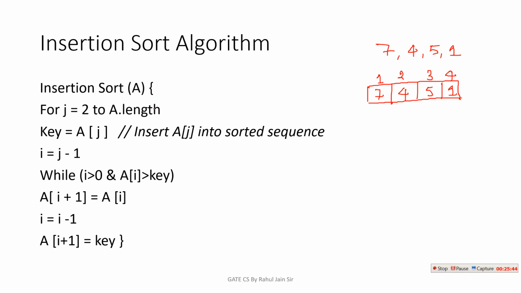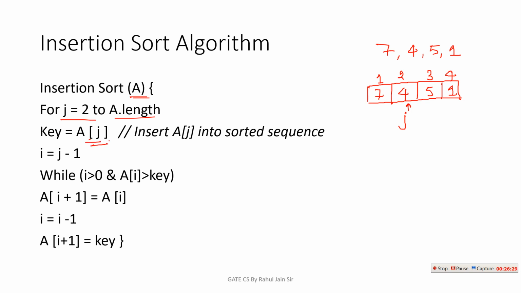Now insertion sort A: for j equals 2 to A.length. It is our insertion algorithm, and I am assigning the value of j to index 2. I am starting it from 2. Why? The reason is very simple, because 7 is itself sorted. There is no need to compare the first element with anyone. We need to start comparison from the second card. If you are arranging playing cards in your hand, you pick the first card, and it does not need to be compared with anyone. When you pick the second card, you need to compare it with the first one. That is why I have assigned j to index 2.